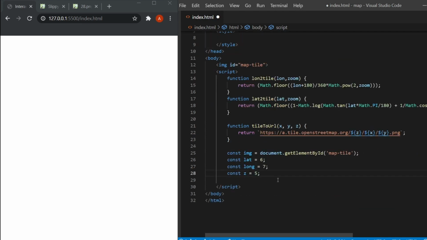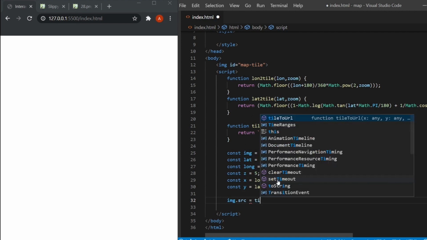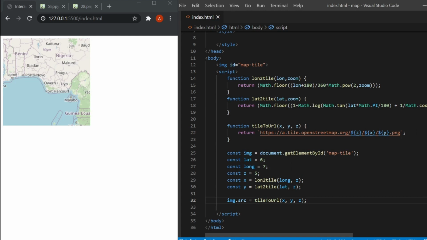Okay, so now let's calculate those X and Y values so that we can use our tileToURL function to get the source to our image. So X would be lonToTile, our longitude is 7 and zoom level is Z. Similarly for Y, latToTile, latitude and Z, and then, okay, missing a space here for readability. image.src is tileToURL, and we'll just pass in our values here, and we are getting some output here.